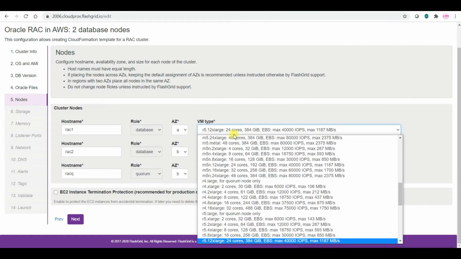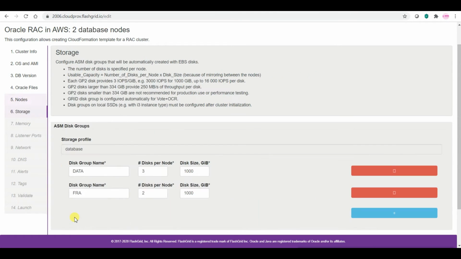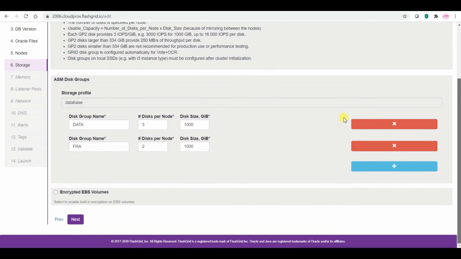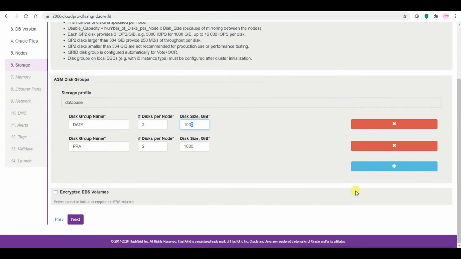I'm taking the minimum ones to proceed. So disk per node will be 3, and the size, let it be as it is. You need to mention the size in here.